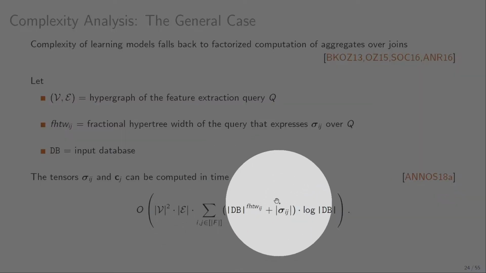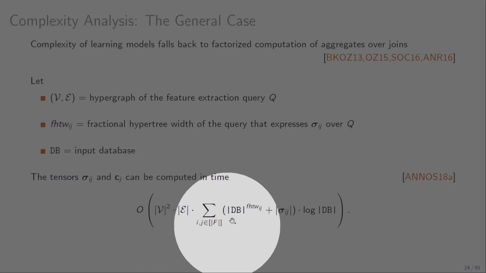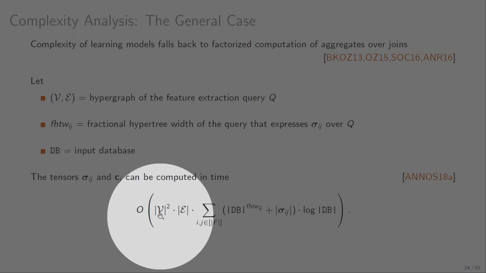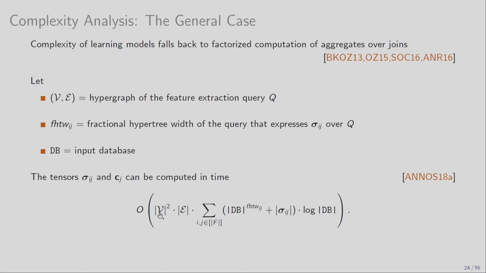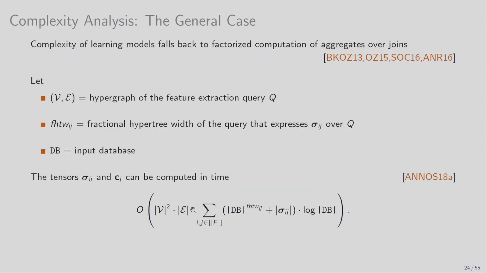And for all of this, you take a logarithmic factor in the size of the database for initial sorting, as we discussed, right? And there is a factor here which depends on the query, which is basically the number of relations and the square of the number of variables, of the features you have, right? So this is one thing that you don't need to show if you only talk about data complexity. I mean, you consider parameters like size of the query and number of variables to be fixed and constant, right? If they are constant under the big O notation, they go away. Good. So that's the thing.